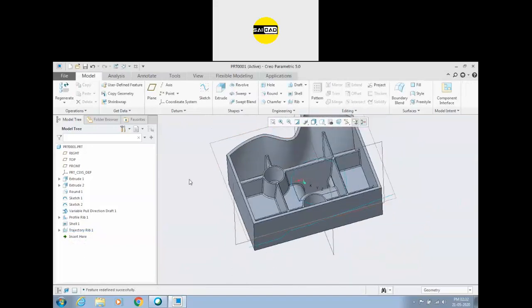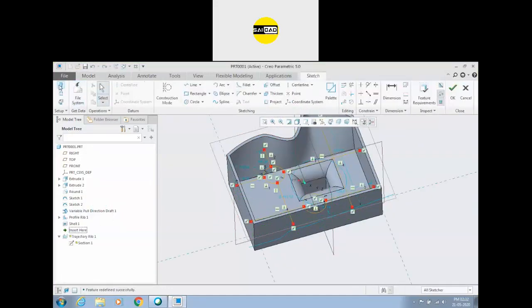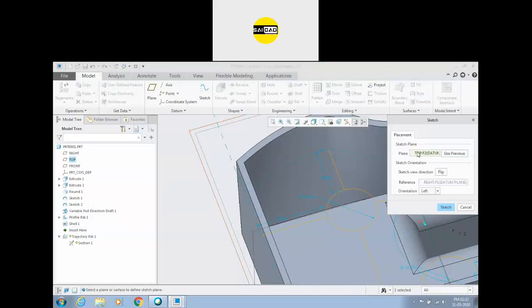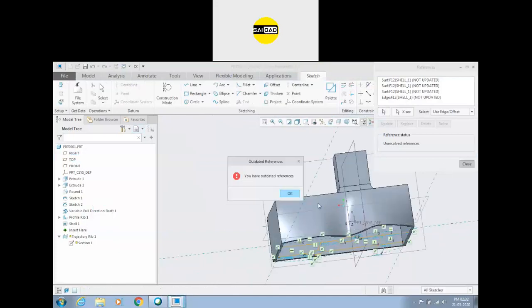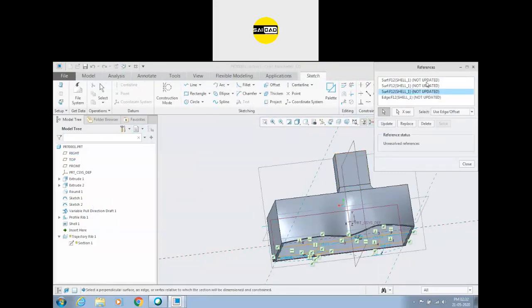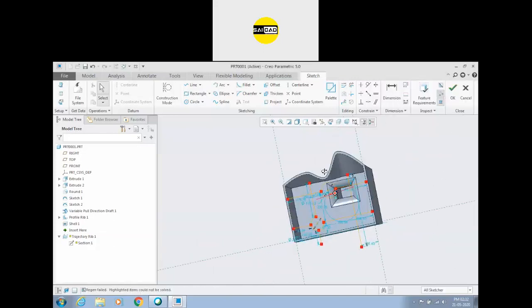Then if you want the rib up to this point, go to the sketch, edit the sketch, and go to the sketch setup, remove the top plane and select this space, create the sketch, close. Now we have some unresolved issues. If you don't, you can just select all and click on the update, okay, and close.